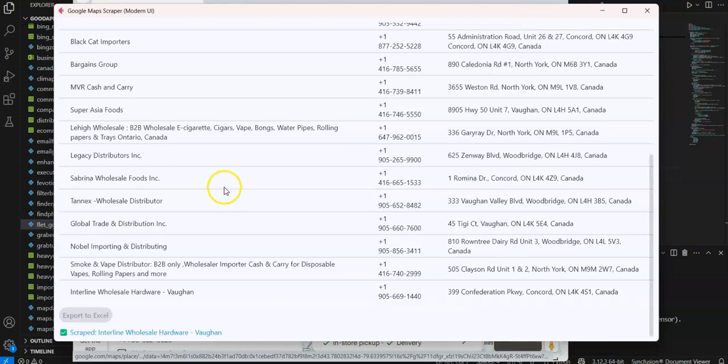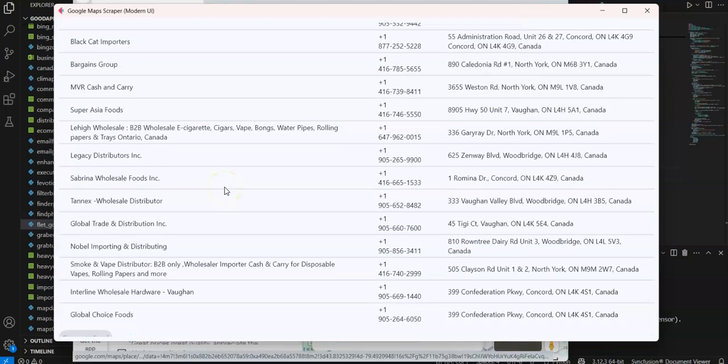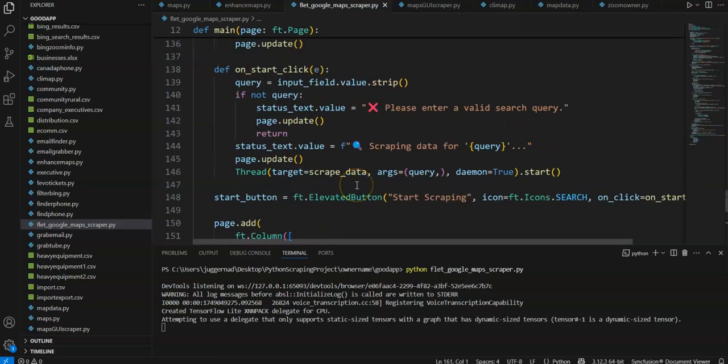And aside from that, in case we are done with the scraping, if we already scraped all the search results in Google Maps, once we scrape another one, it will remove all of this from this screen, because we're going to save it on the